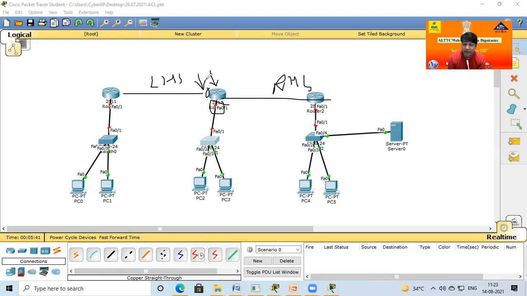But in the serial port, maximum speed is 300 Mbps. Number one advantage. Number two, suppose if you install a fast Ethernet port, the cost of the fast Ethernet port is suppose 500 rupees. But if you purchase a serial port, in this case the cost is only 200 rupees. So it is a very economical rate in comparison to the fast Ethernet port. So we just use the serial port.